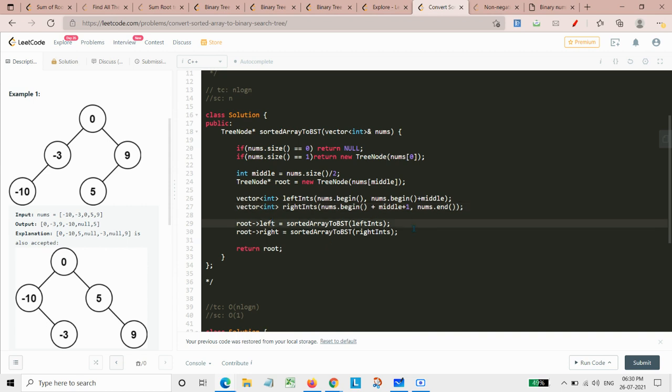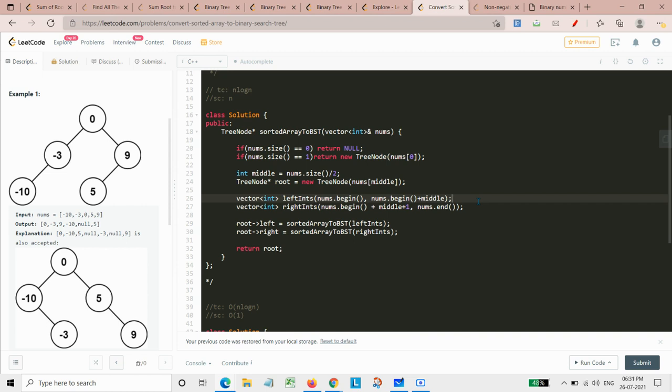And in this part, what I'm doing is I'm simply calling the left subtree, and here I'm calling the right subtree. When I'm calling the left subtree, it will be passed to this function, and for that left subtree, it will again calculate the middle and then create a new node, and then it will again create its left and right subtree. So this is how the left subtree will be going on, and the same will go on for this right subtree. So by doing this, we are basically using extra space also. So that's why we need to optimize the solution.